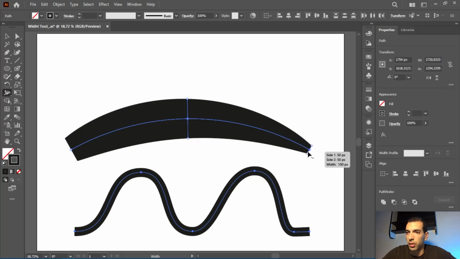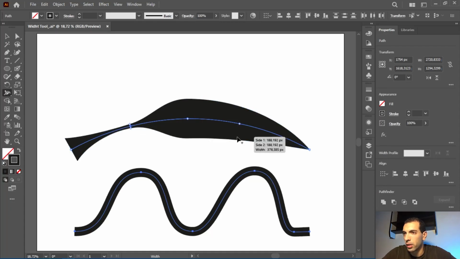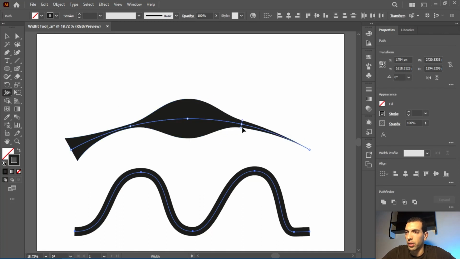I can go to this point and drag like this and make it very thin. I can also create new points, for example here, and make this very thin like this, and go here, do the same thing, make it very thin like this. When we click and drag, we affect both sides, the superior and the inferior side, both the top